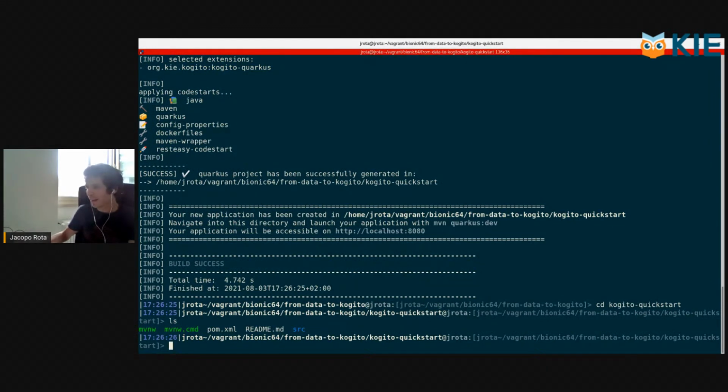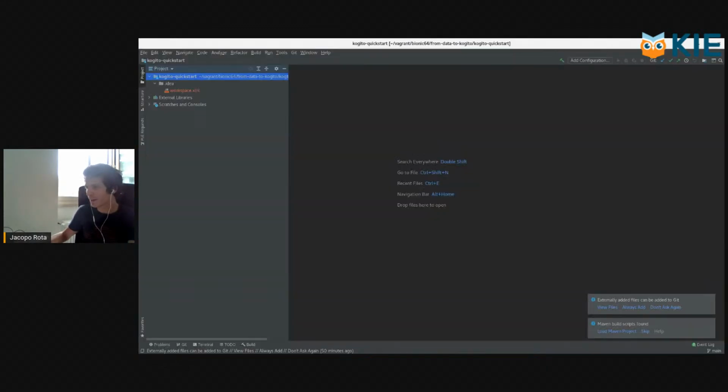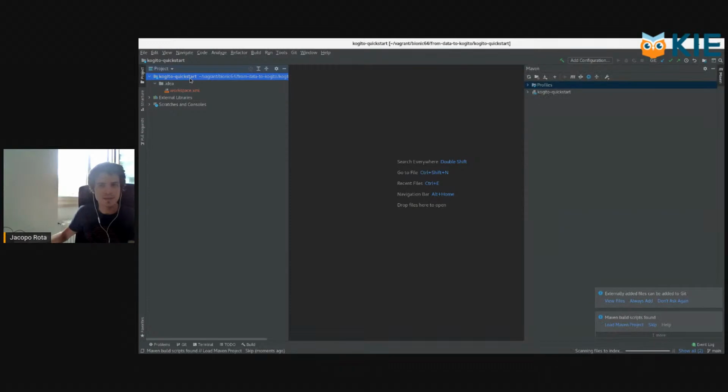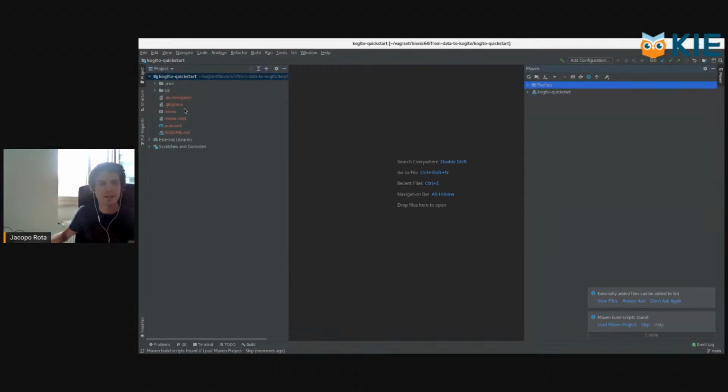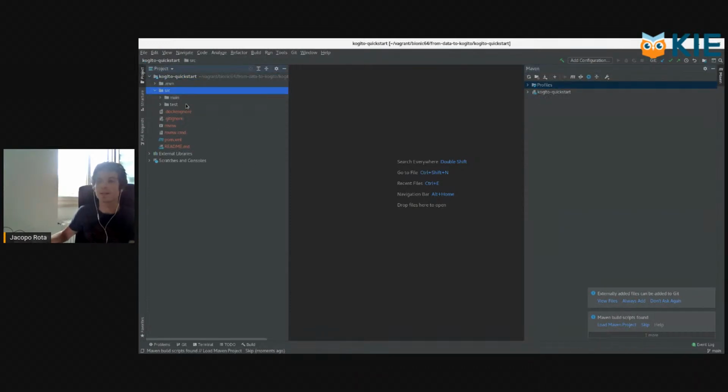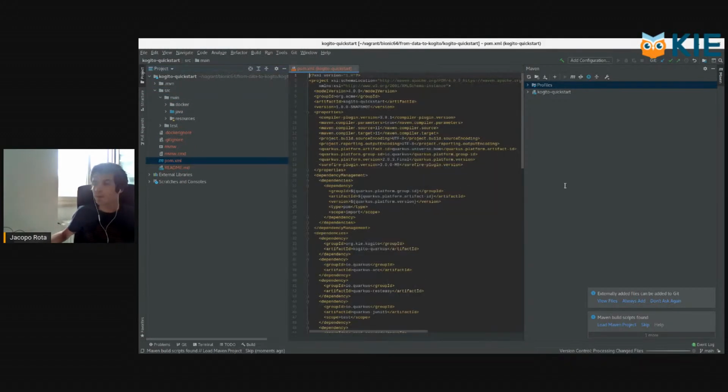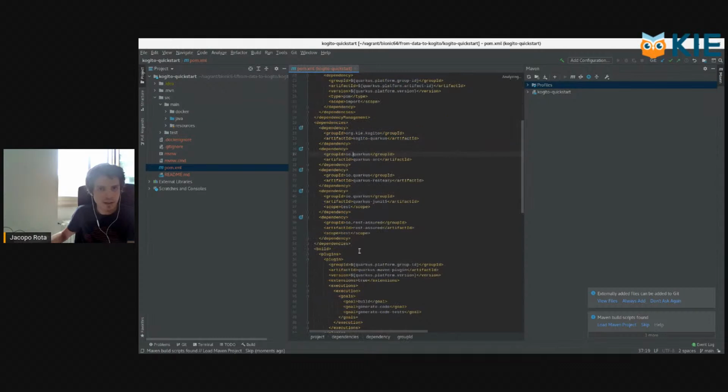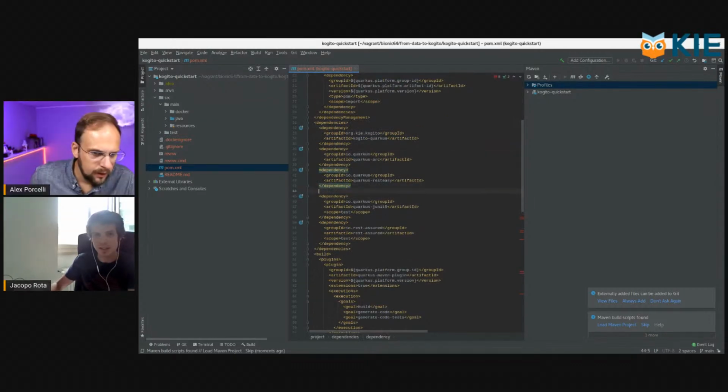So I will open the project with IntelliJ. And now, in order to use PMML together with the trusty infrastructure, we have to add a couple of dependencies. And those dependencies are available in the README of the repository. And I'll paste them here in the